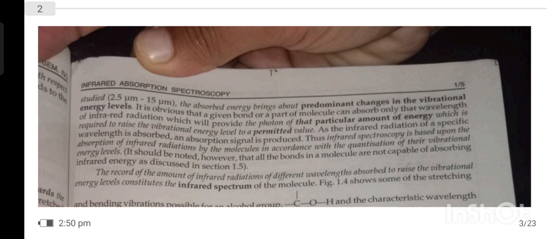Infrared radiation of a specific wavelength is absorbed and an absorption signal is produced. Infrared spectroscopy is based upon the absorption of infrared radiation by the molecule in accordance with the quantization of